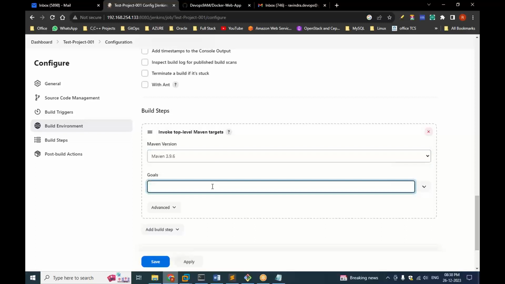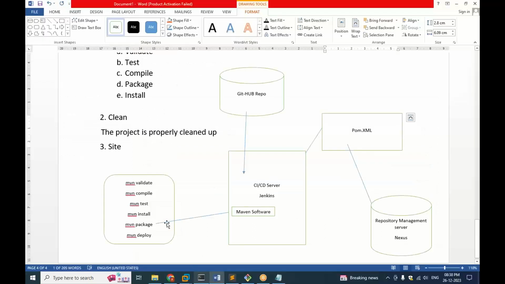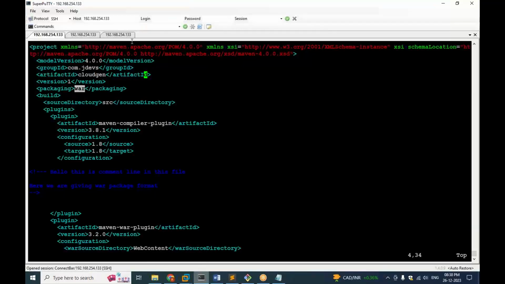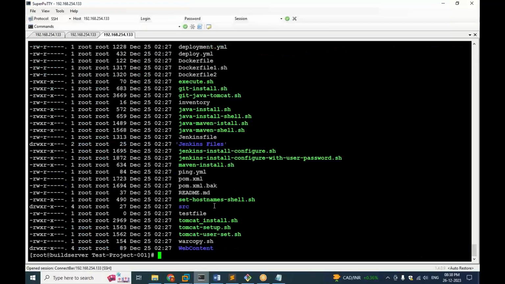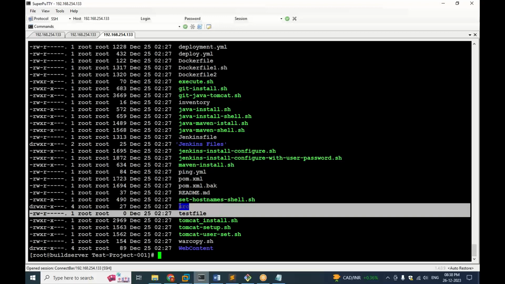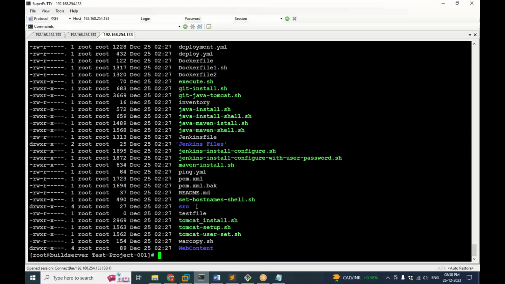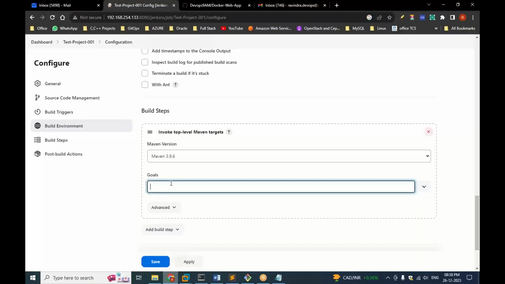Now, what is our goal? These all are the goals. My goal is I want to create a package. If you observe here, guys, we don't have that target directory. In between these two, we'll get one target directory. Inside the target directory, whatever goal we are going to specify,